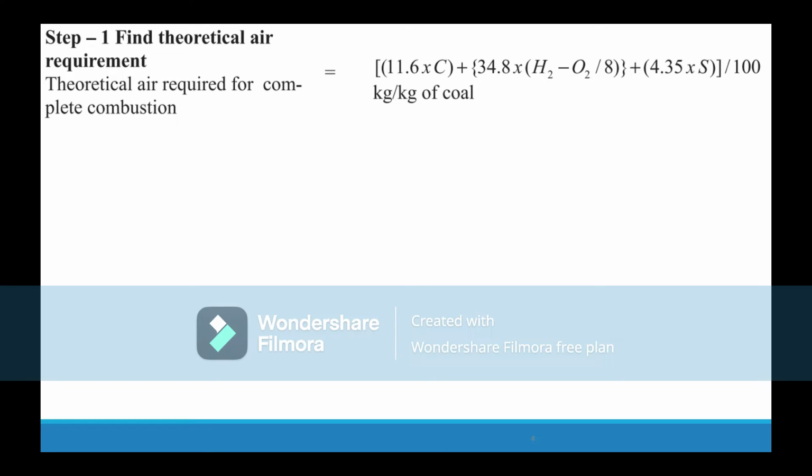Then the first step is the calculation of theoretical air requirement. The procedure to find out the boiler efficiency by the indirect method was already discussed in the previous lecture. Therefore, we can go directly to the calculation. This is the formula for